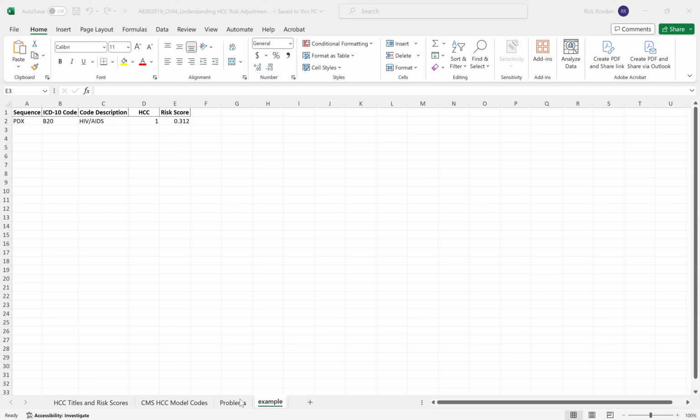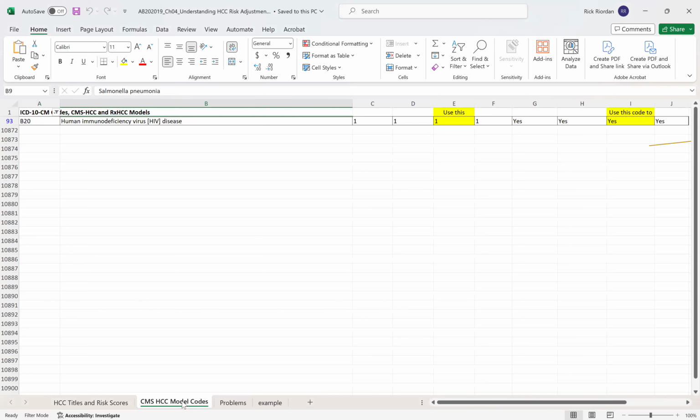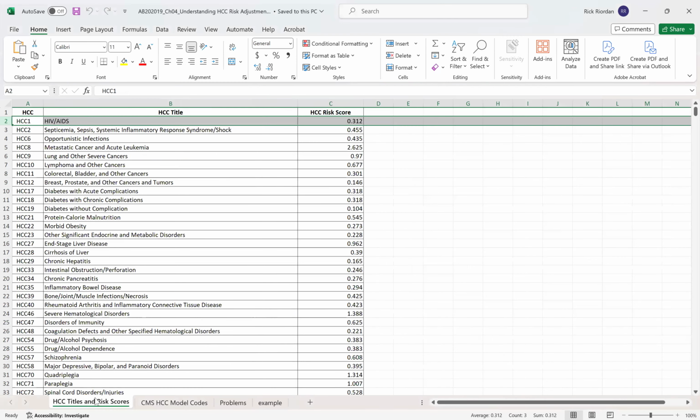And if you look down at the bottom of the Excel sheet, you'll see 3 tabs. You won't see the example one here, but you will see problems, CMS HCC, which I have a filter on, which we'll talk about. And then the HCC titles and risk score. Remember how we talked about how the higher the risk score, the greater the reimbursement? If you look at the HCC risk score title,